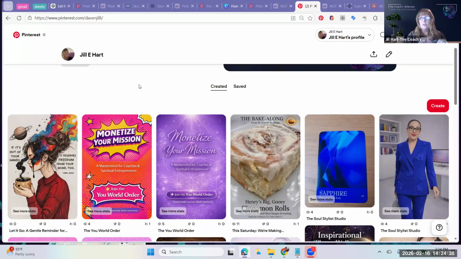And so you want to be able to help them understand what the pin is about. You get 500 characters in there. Let it read it to them, so if they can't see the picture, they can hear what it's about and perhaps click over to the website and take action there. Does that make sense, Chelina?